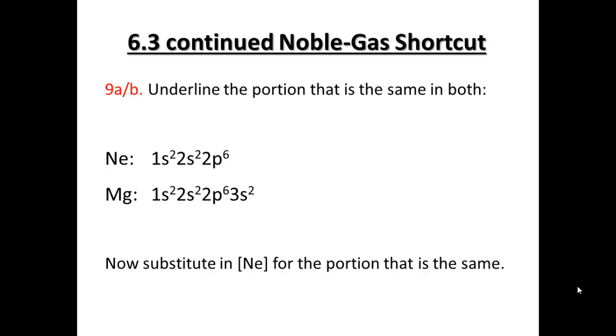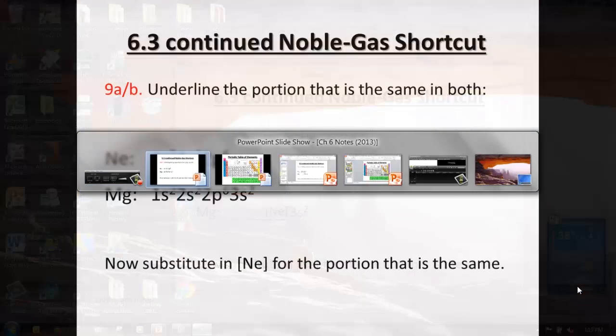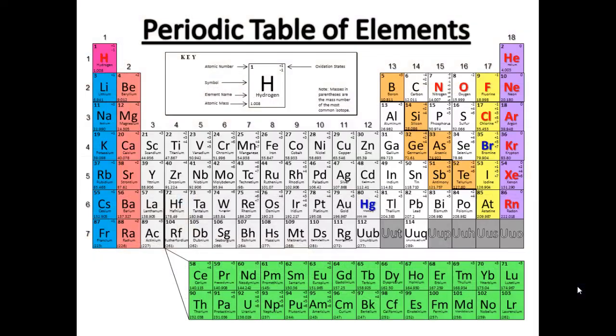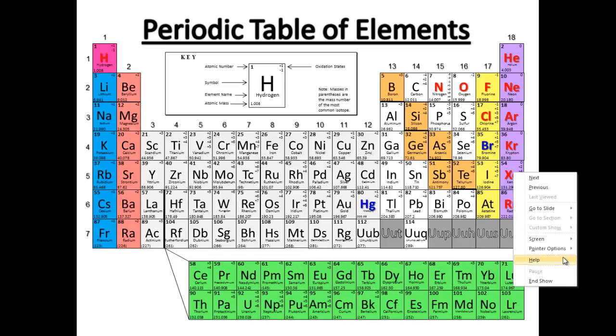What we're looking at now is continuing with section 6.3 in the notes, looking at noble gas shortcuts. Now, before we start there, just to backtrack just a little bit, to go back to our periodic table. Now, remembering from before that